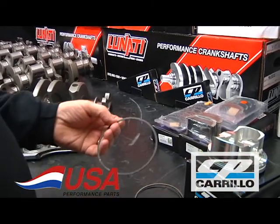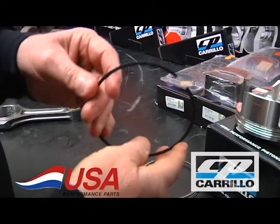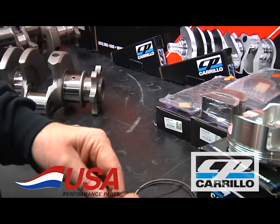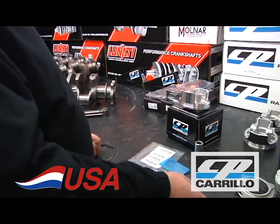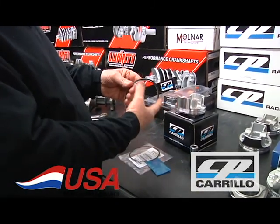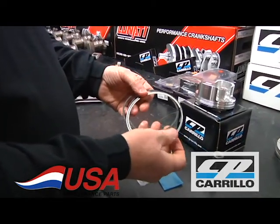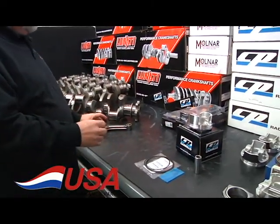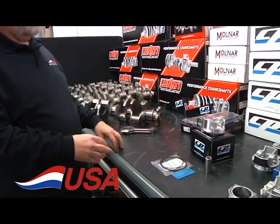For the second ring, it's a Napier cast iron, which some guys call a hook ring, which helps the oil control also. This ring package, horsepower-wise, over a 3/16, the old style, is a 30 to 35 horsepower improvement. Again, it's a great package for anybody looking for a high-quality rotating assembly. We also can furnish the SHP blocks or the